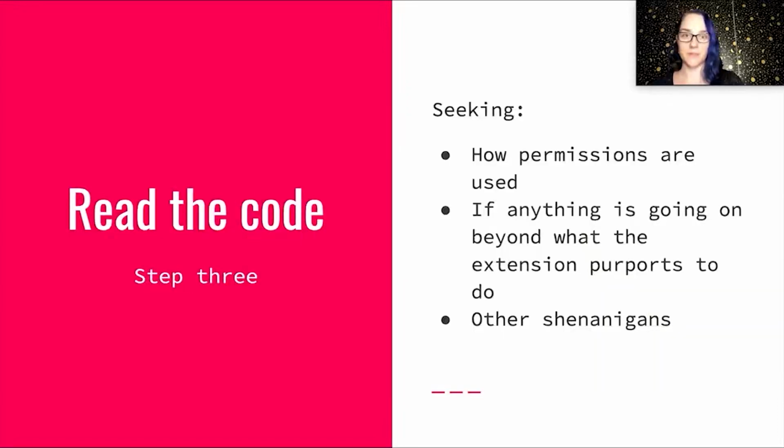Finally, of course, I read the code. I'm looking for weird uses of permissions, and their methods, like chrome.identity and chrome.cookies are both fun, any connections to third-party servers, and anything else that seems overly ambitious with what I know about what the extension is allegedly trying to do. Some extensions have a fairly simple